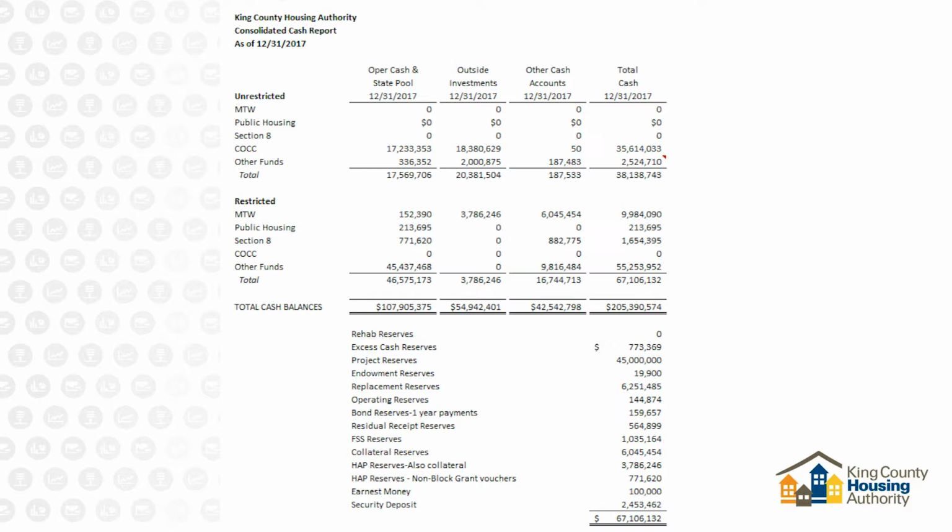So, for example, our unrestricted cash, it's unrestricted literally in the GAAP definition of cash. It's not listed on here. We have a couple other categories that I hid. We have one that we call unrestricted, but has to be used in the program. So, for example, we'll have some cash in our public housing program. We say it's unrestricted from a GAAP standpoint, but must be used in the public housing program.